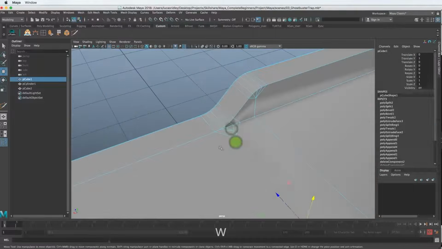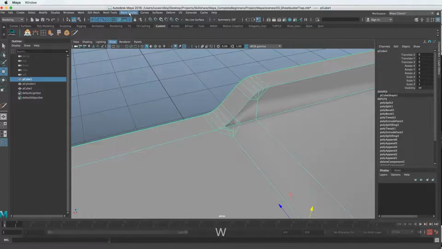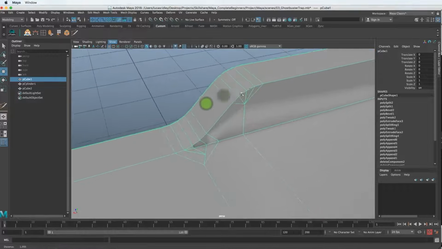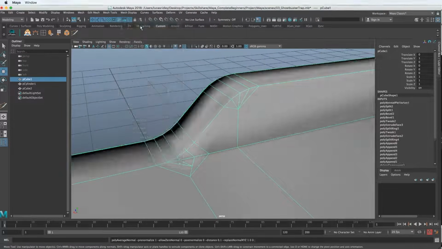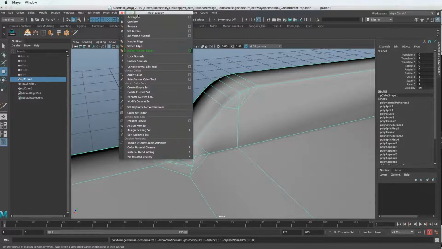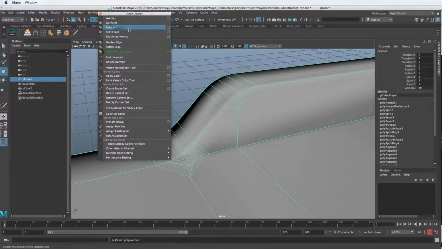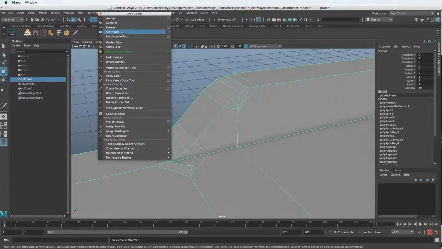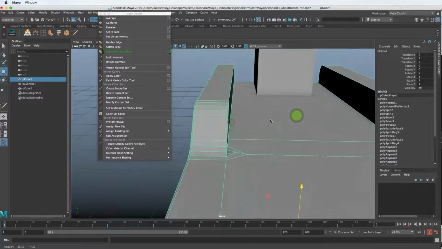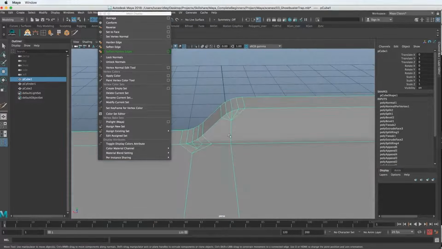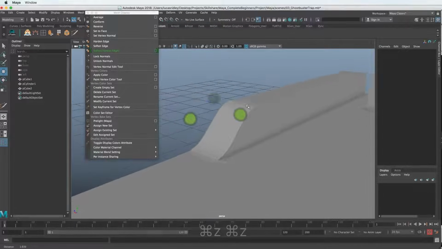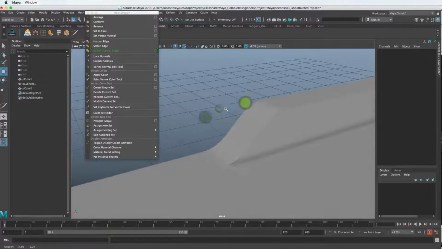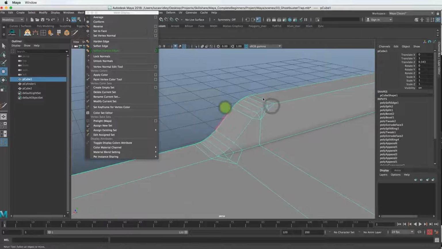Now, if I go to mesh display, and let me zoom in here so we can see this change, if I hit average, you can see it changes the whole model. If I go to mesh display and conform, or set to face, I think is what we want. Now it looks right. So that's just one way to fix that. Now that we've set the normals to the face, we can see that we're getting these hard edges here on the curved areas.